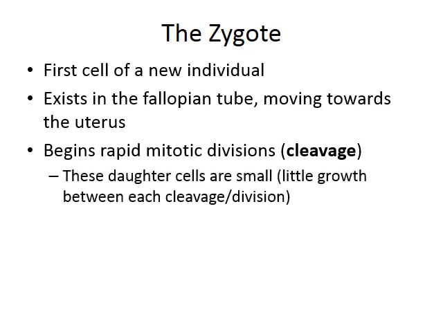Now, these daughter cells are very small, and they're small because these divisions happen so fast that there is very little growth of those cells between each cleavage. And so as these divisions are happening, you end up with more cells, but these cells get continuously smaller and smaller in size compared to the previous divisions. Eventually, when you have about 16 cells, after a couple of these cleavages, that ball of